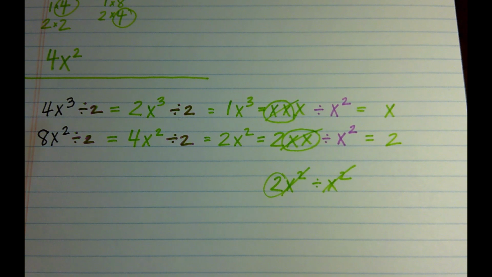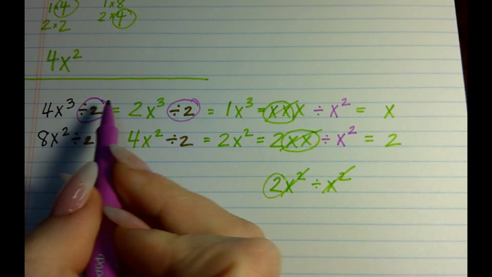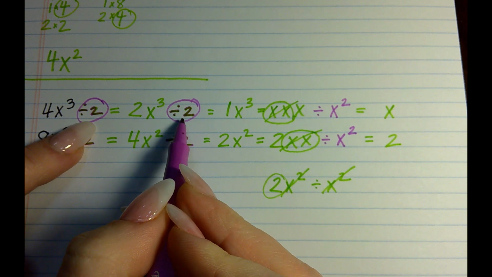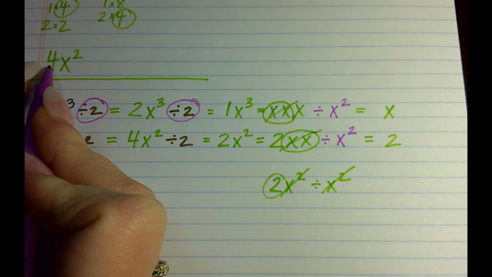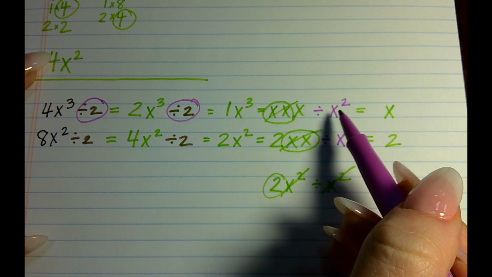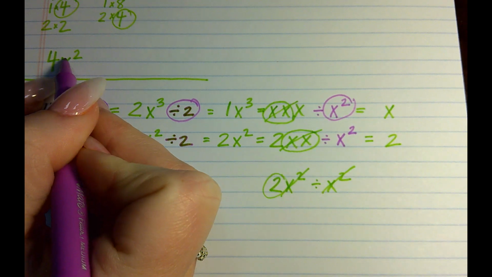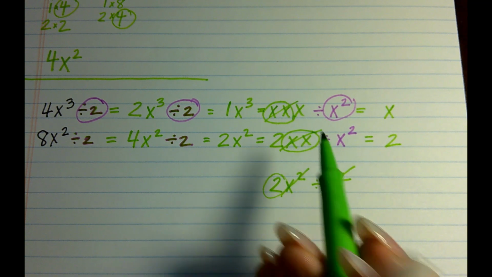This is where we're coming up with the 4x squared. We divided by 2 and divided by 2 twice. So if I divide by 2 twice, really I'm dividing by 4. That's 2 times 2 is 4. And then we divided by x squared. That's the third thing. We got x squared, 4x squared. Okay, then